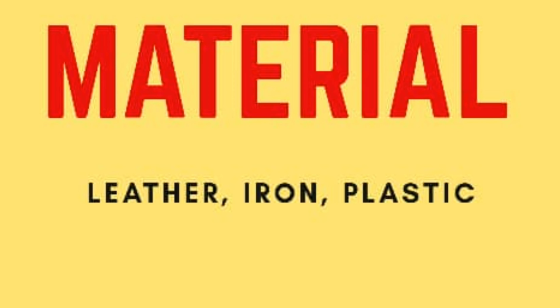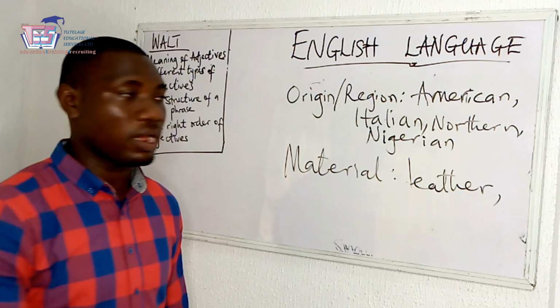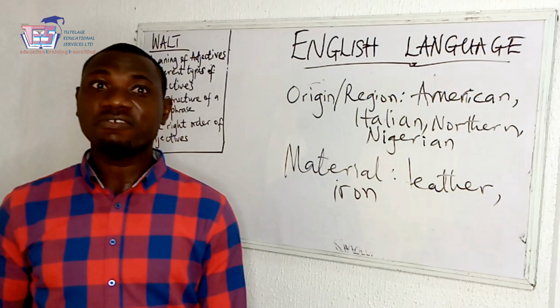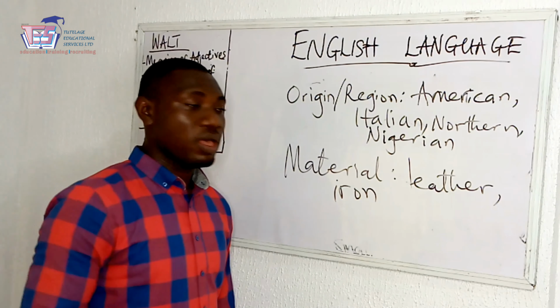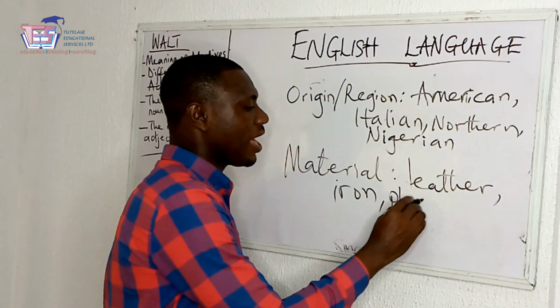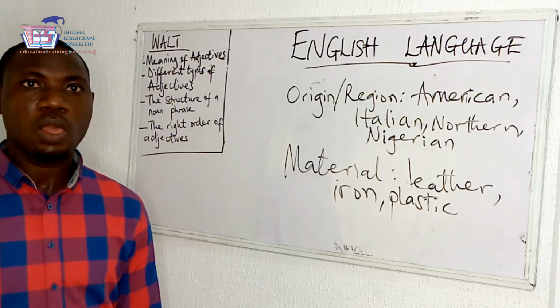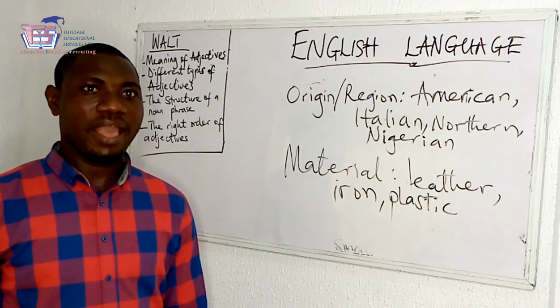Okay, the last one I would like to talk about is the adjective of material before I go on to the next section. What do we mean by material? Very easy. The materials that the object is made of. So we talk about leather. You can have a leather bag or leather shoe. It tells us the material. We can have iron spoon, silver spoon, plastic spoon. These are words telling us the materials. We also have rubber, etc.